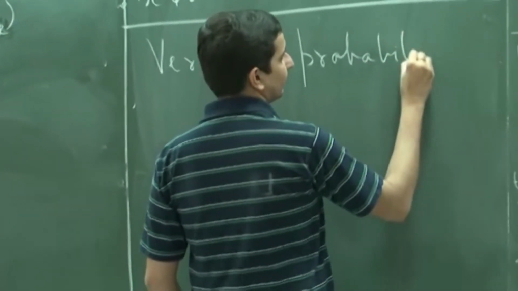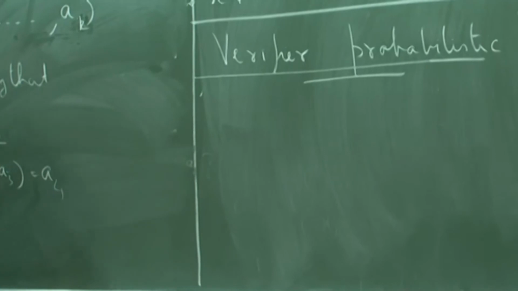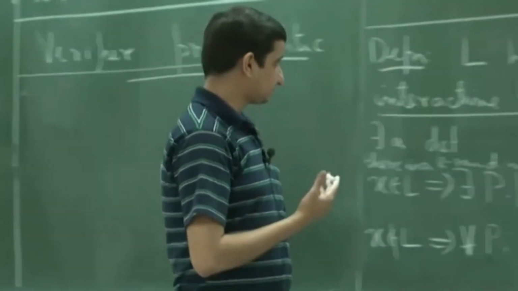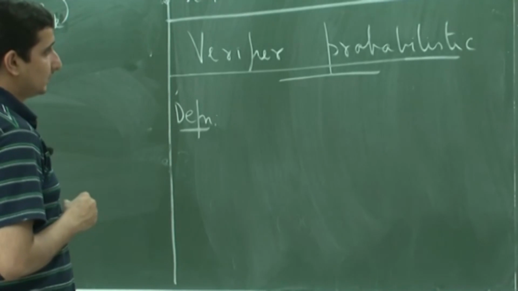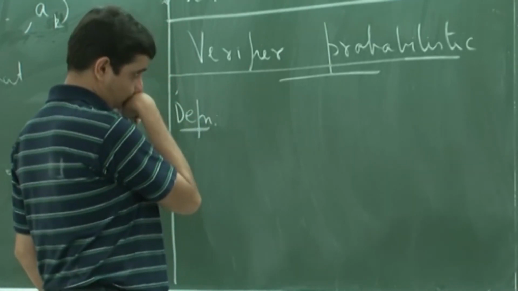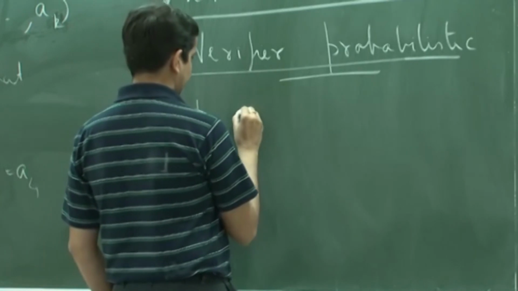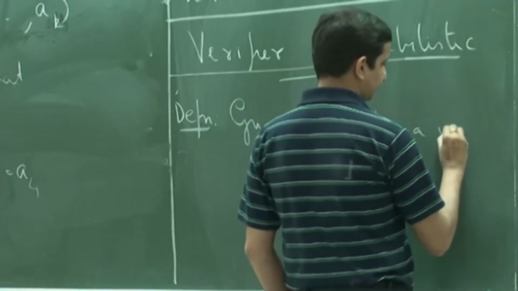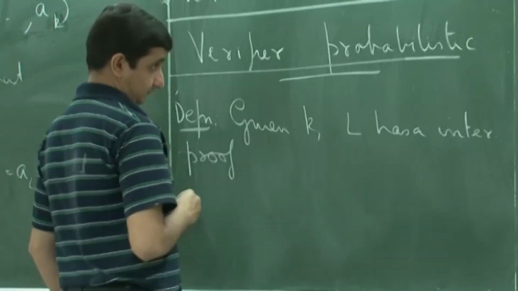probabilistic. Suppose the verifier is not a deterministic machine, but a probabilistic machine. Let me define it this way: given k, L has an interactive proof system